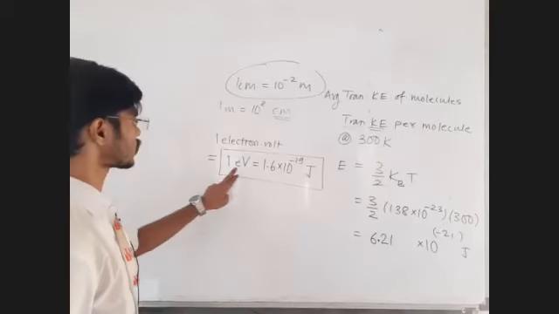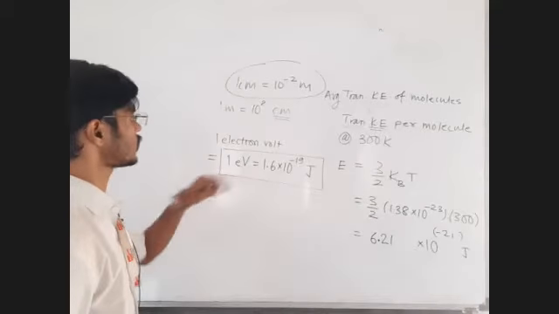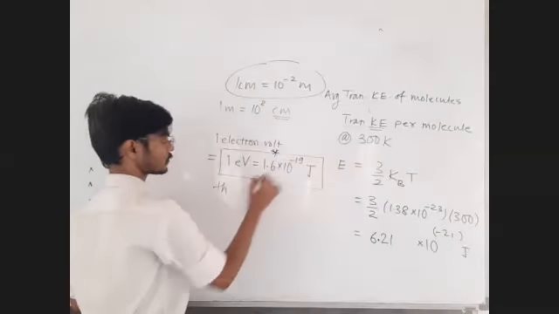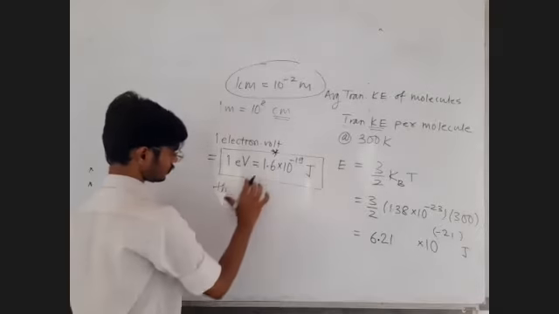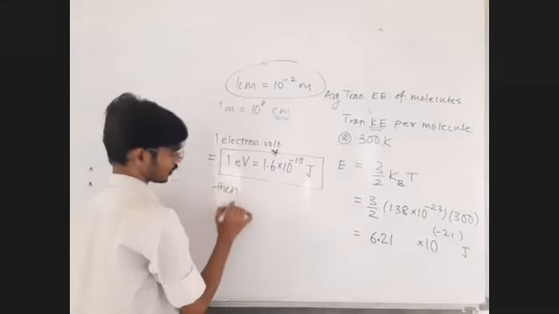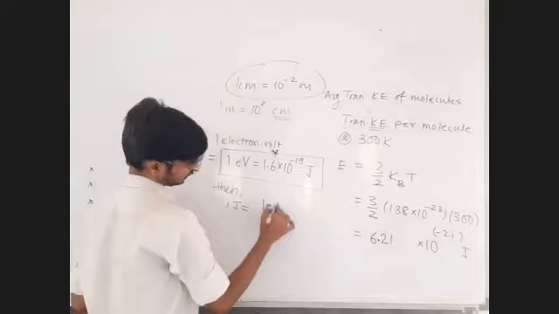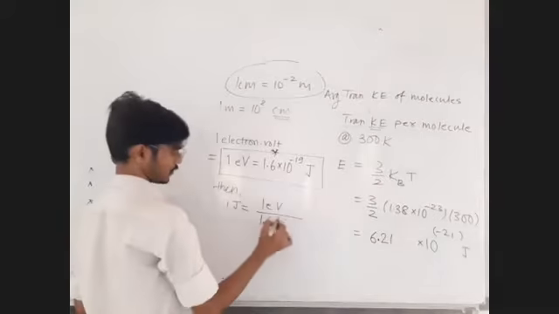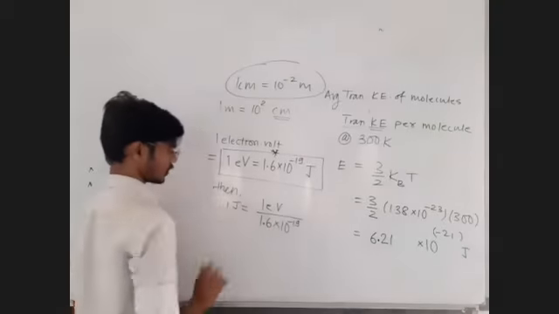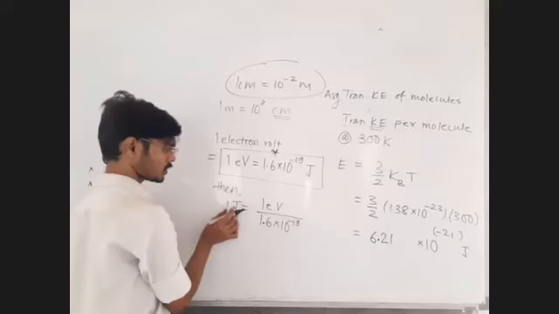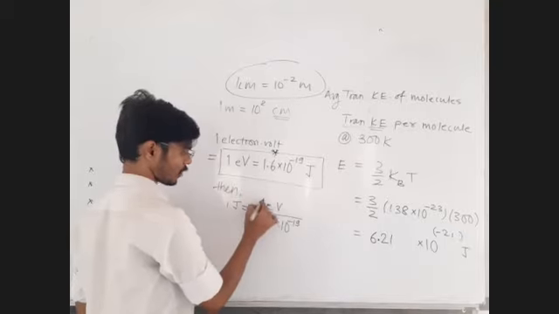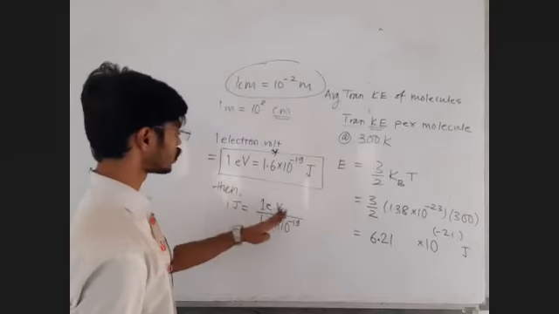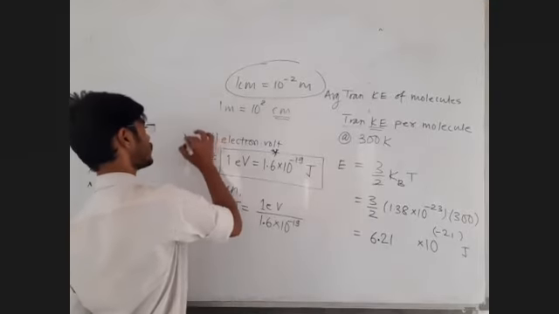So electron volt is also a unit of energy. If you want to replace the unit joule, we will remember this. How to replace joule? 1 joule is equal to 1 eV divided by 1.6 into 10 raised to minus 19. So if you don't want the word joule, just replace it by electron volt divided by 1.6 into 10 raised to minus 19. That way you can convert the unit of energy from joule to electron volt. For the time being, you will remember this extra point.